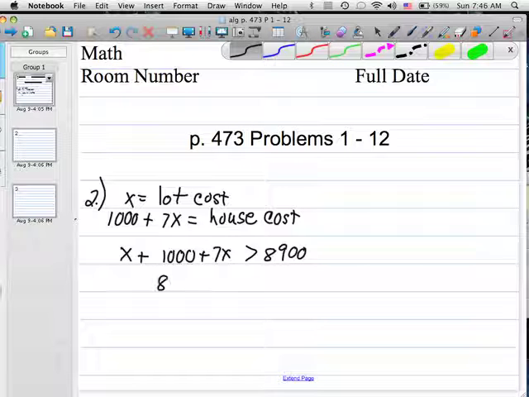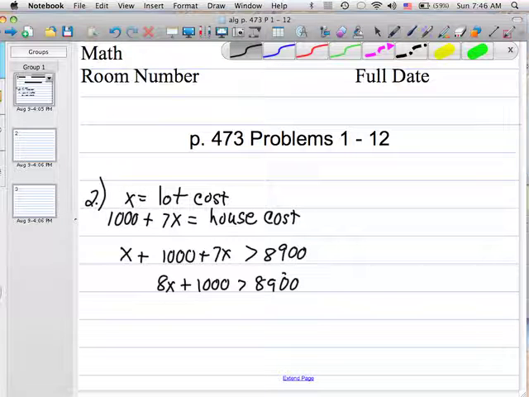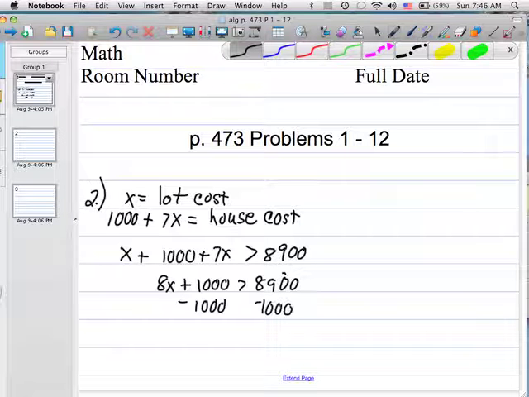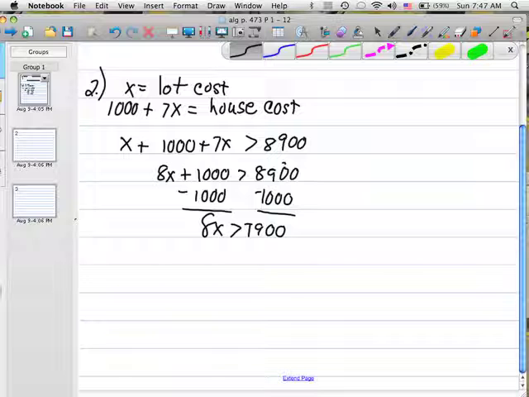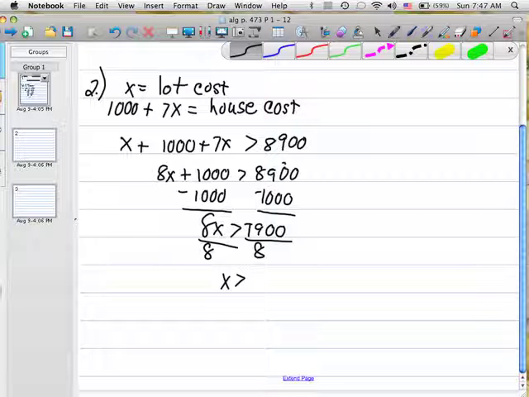Collecting like terms, x plus 7x is 8x. Solving for x, subtract 1,000. And we get 8x is greater than 79,000. And then divide by 8. So x is greater than